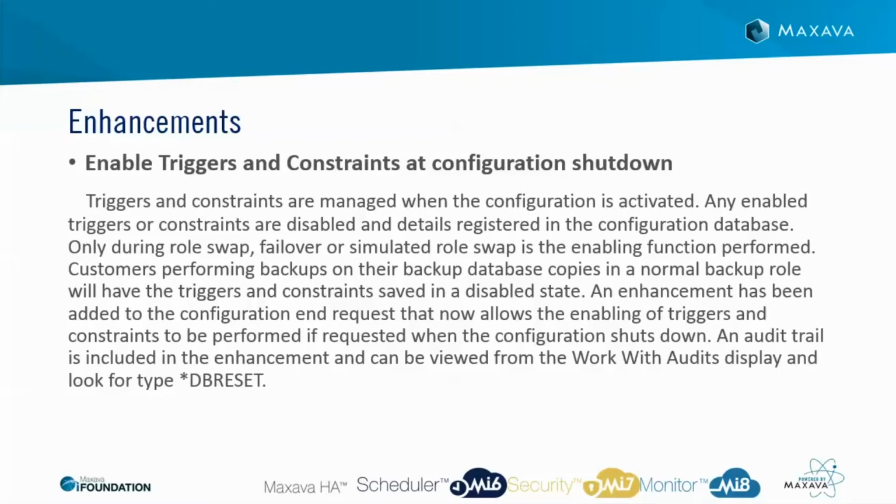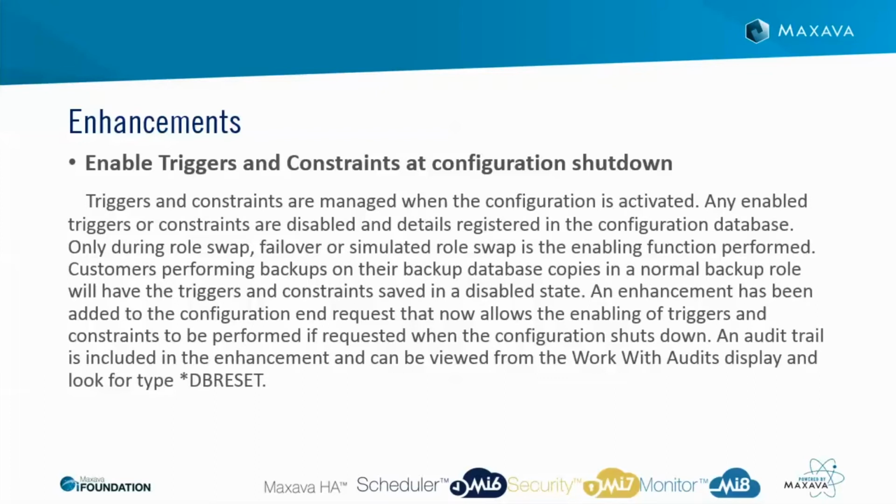Customers performing backups on their backup database copies in a normal backup role will have the triggers and constraints saved in a disabled state. An enhancement has been added to the configuration end request that now allows the enable of triggers and constraints to be performed if requested when the configuration is shut down. An audit trail is included in the enhancement and will be reviewed from the Work with Audits display; look for type *DB